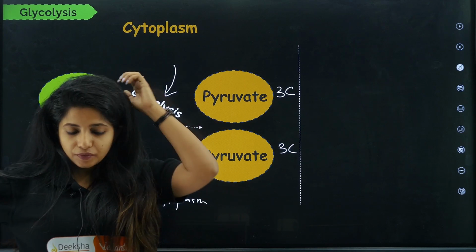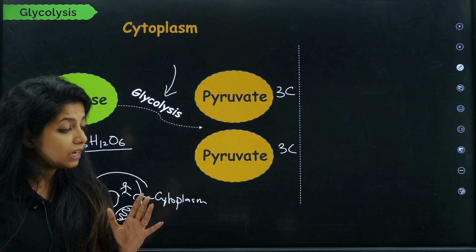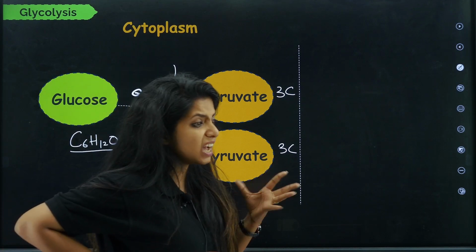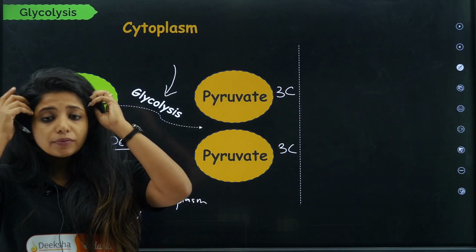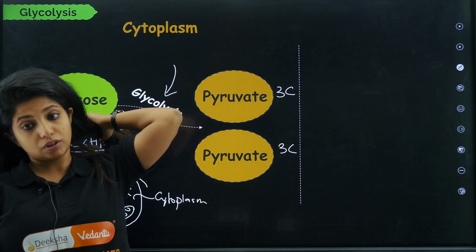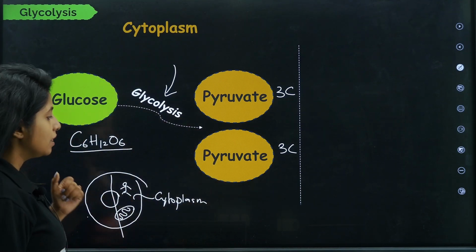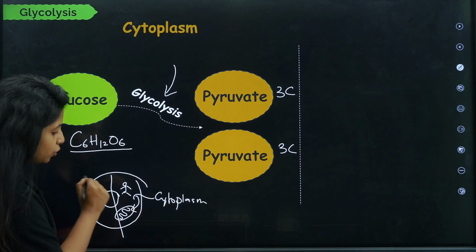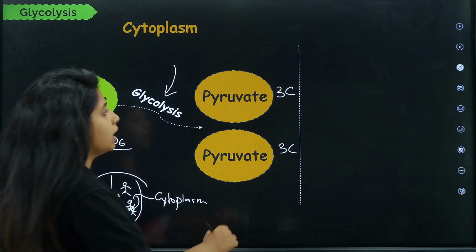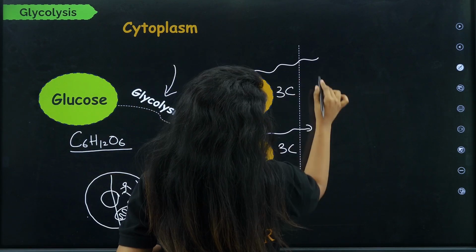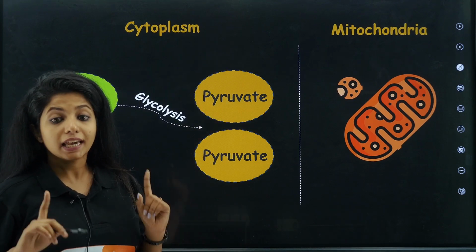Now the twist happens. So now the pyruvate says, if you want me to break down further, I need really good atmosphere and everything. I need oxygen. If you want me to break down properly, then I need oxygen. And for oxygen, children, this particular pyruvate has to go somewhere else. And what is that somewhere else, children? The next stop, that is our mitochondria. So now you have to imagine that you are inside the mitochondria. This pyruvate will be slowly moving inside the mitochondria. Let's go.